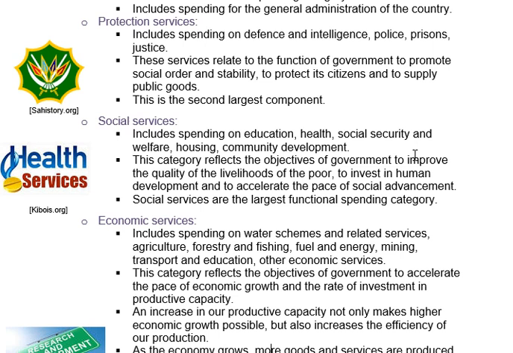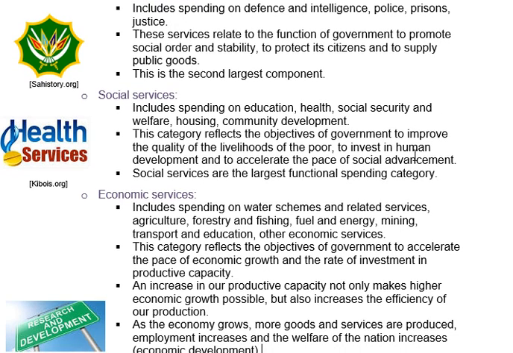Right. The biggest one is the spending on social services. Social services literally is where the government takes the tax money and spends that tax money in order to improve the livelihoods of the people. It's money that they basically plow back into the people of the country. All right. So it'll include spending like education, public health, social security, the welfare payments, housing, to provide housing to those people who cannot afford to buy a house themselves, community development, youth centers, anything that the government is doing to improve living standards for the people in the country. All right. Human development.